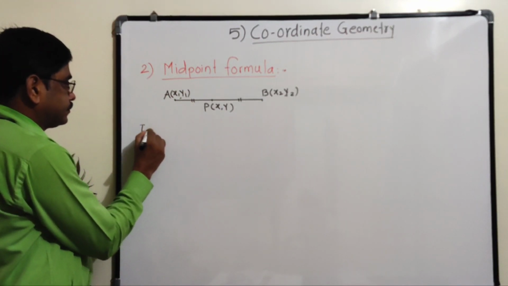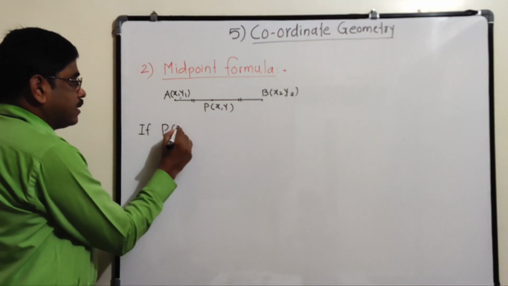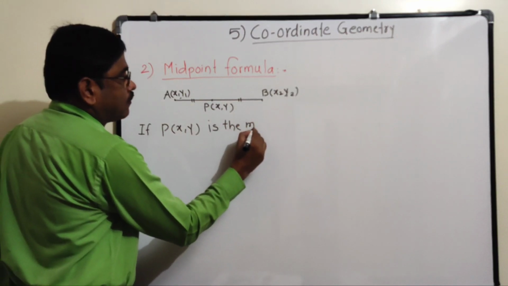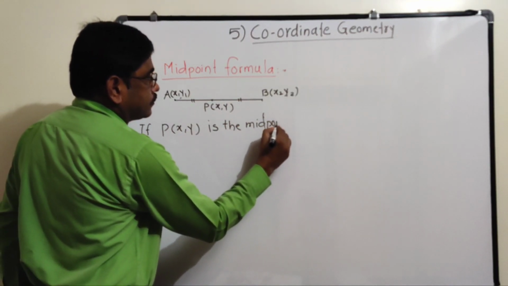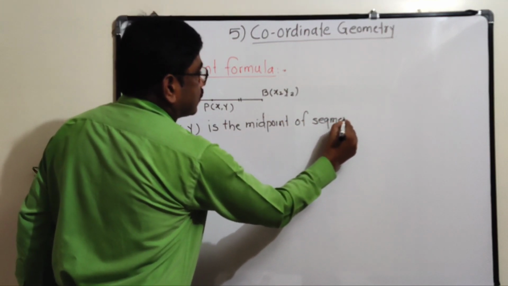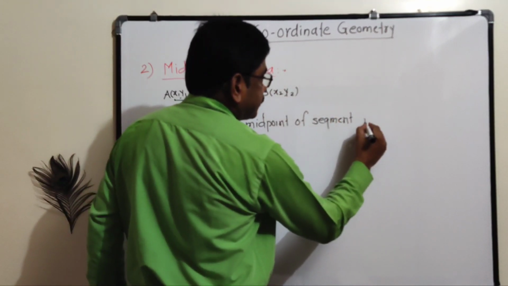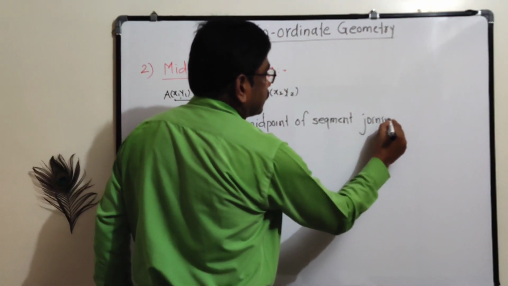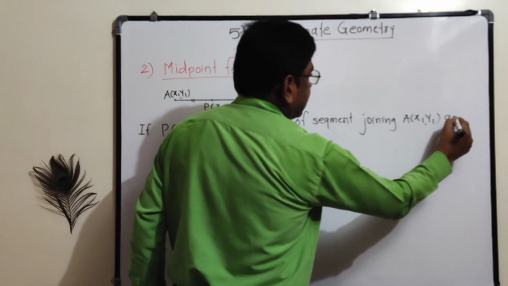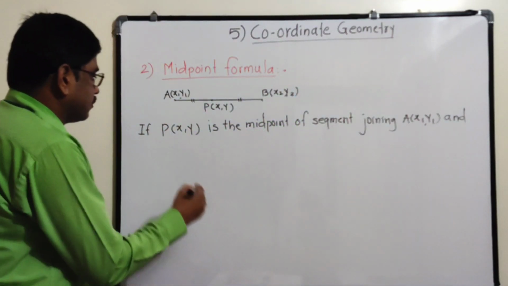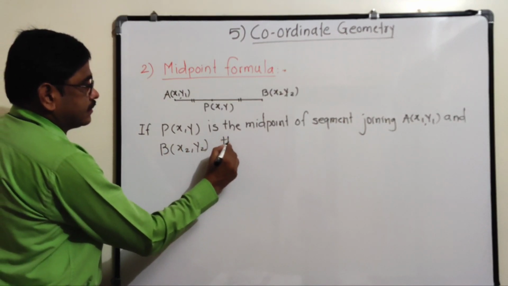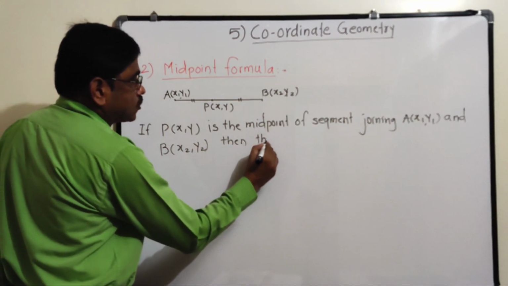If P(x, y) is the midpoint of the segment joining A(x1, y1) and B(x2, y2), then the coordinates of P